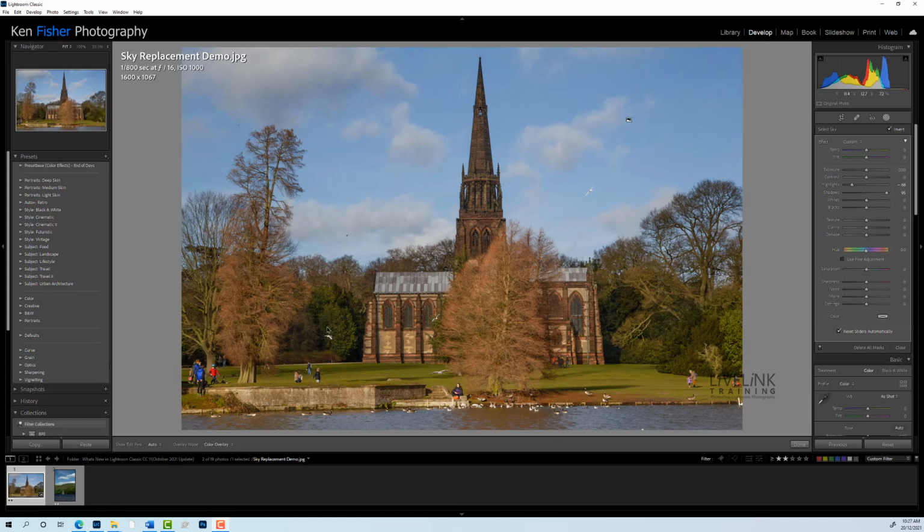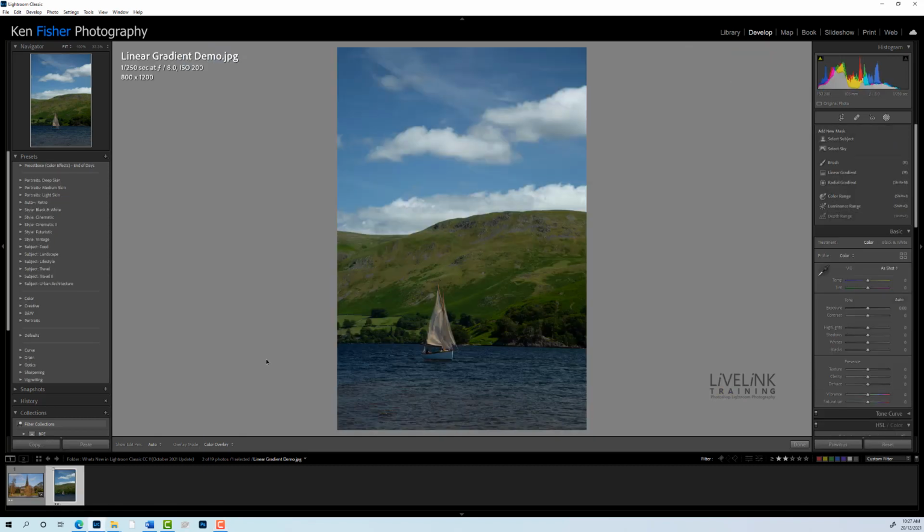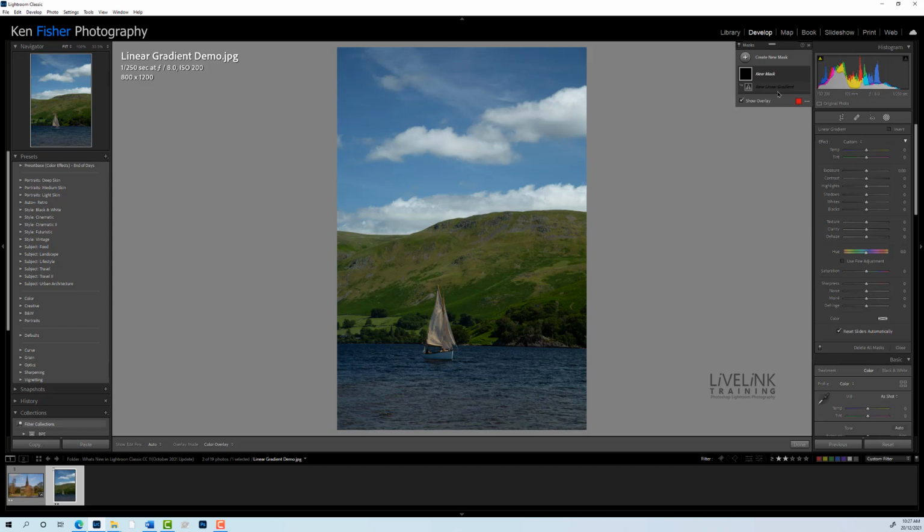Okay, next up is the linear gradient tool. So let's have a look at another image for that. And here I've got two separate areas. Really, I've got the sky and I've got the foreground. So what we can do, we could have a linear gradient on the sky first. So again, I'm going to click on linear gradient, brings me a new mask up, click and drag,